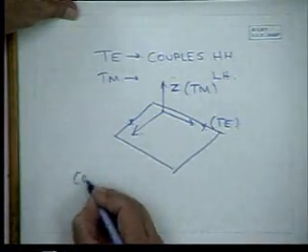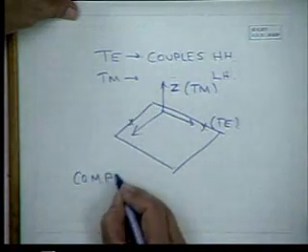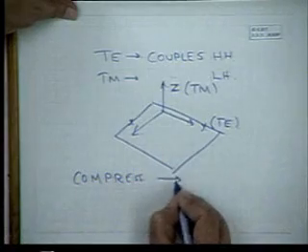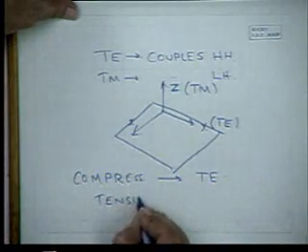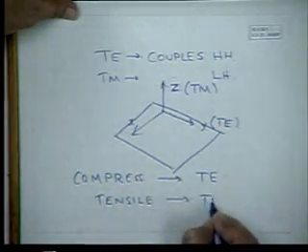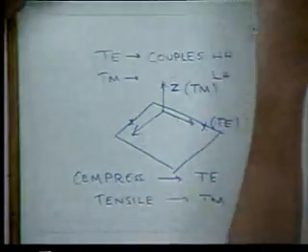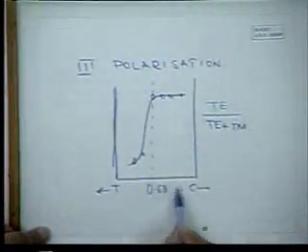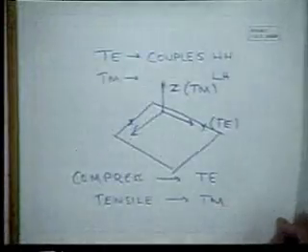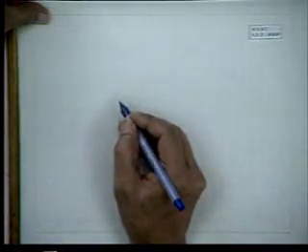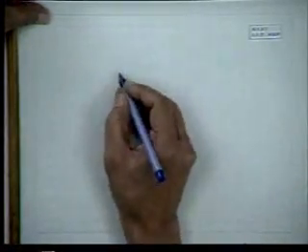And the effect of stress is that compressive stress gives more TE-like, and tensile stress gives more TM-like behavior. That is obvious from here when we are saying that, okay, as compressive stress increases, we are getting more TE-like behavior rather than TM. This is really explained by the nature of the wave functions. Okay,